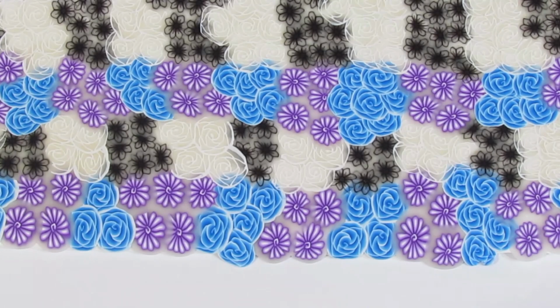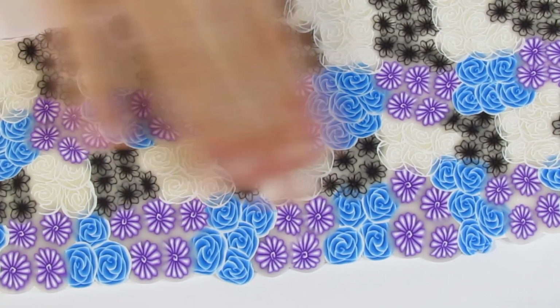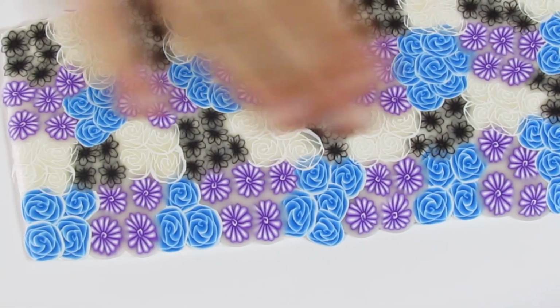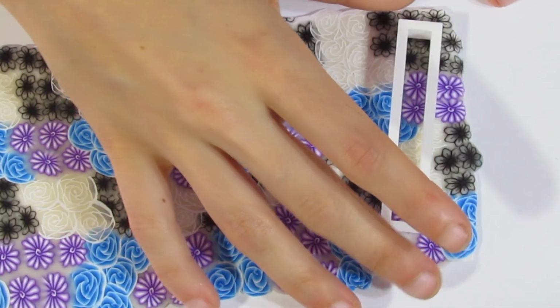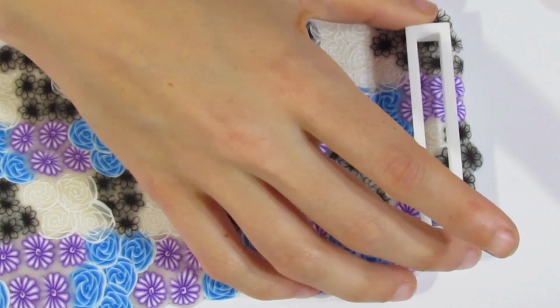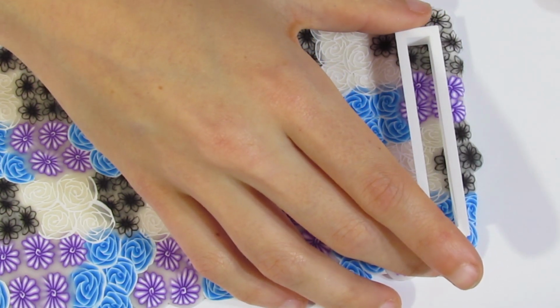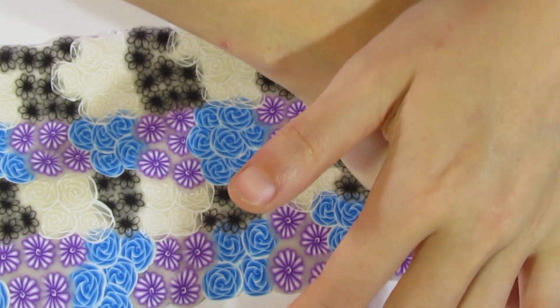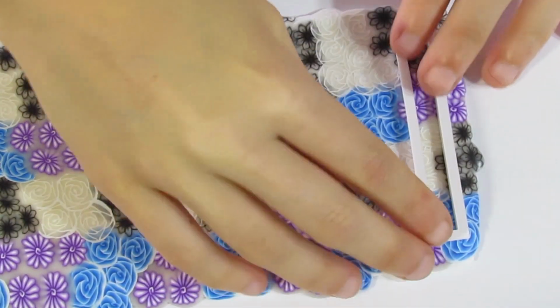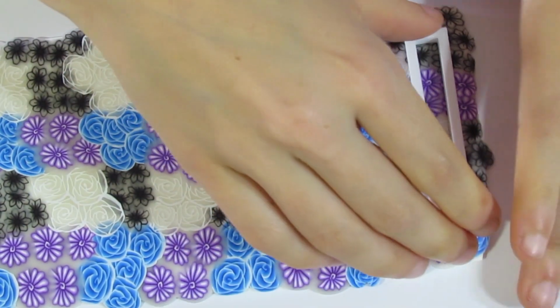Okay, and now because we smoothed this onto the paper, hopefully it should be well stuck enough onto the paper that it's not going to stick in the cutters, because if we were working on a tile it wouldn't stick in the cutter, but I want to work on the paper so I get a nice backing. So let's hope it's stuck well to the paper. That's why I wanted to burnish it. So I'll cut down, press down nice and hard,